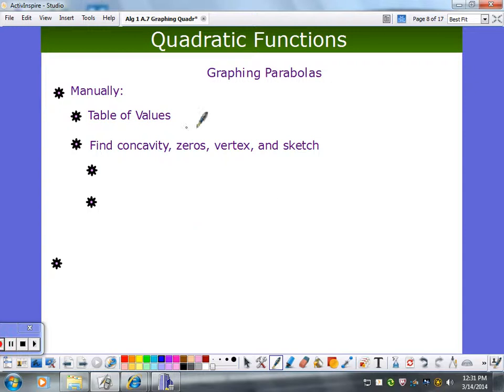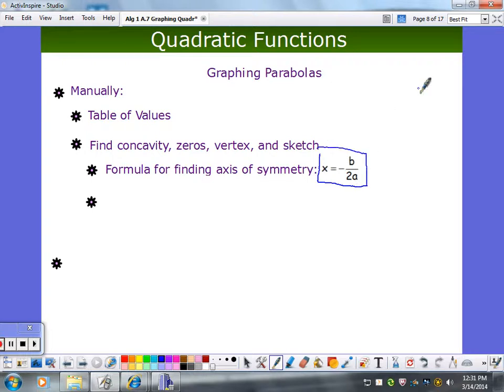Concavity, zeros, find these values and sketch this. So this is a new formula. We have not seen this yet. Remember our axis of symmetry? So if you've got a parabola,